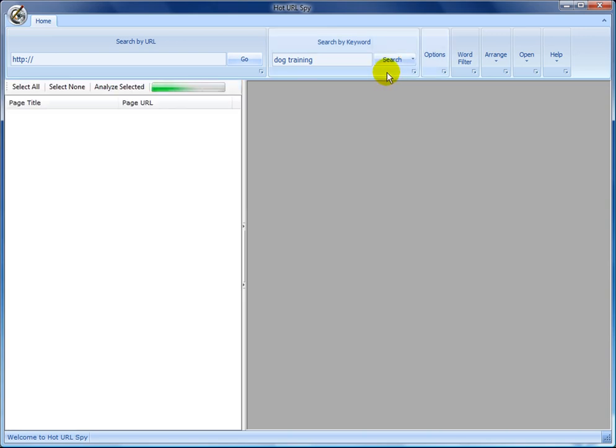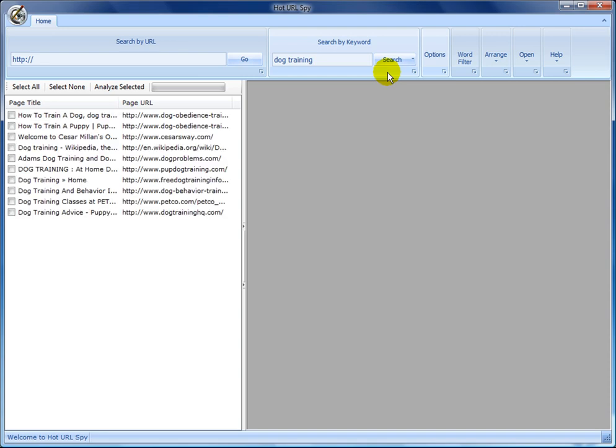And what happens is the search results panel opens, and here we now see the top 10 results in Google. And so we've got how to train a dog, how to train a puppy. Now I'm interested in this second result, so I'm going to analyze this page. We could select all of them or a different one and analyze it, but let's just for now analyze this